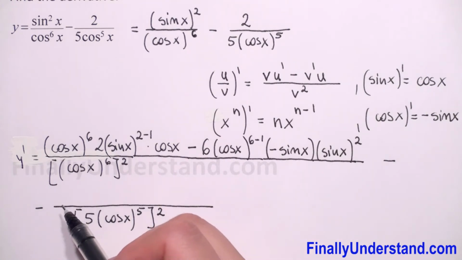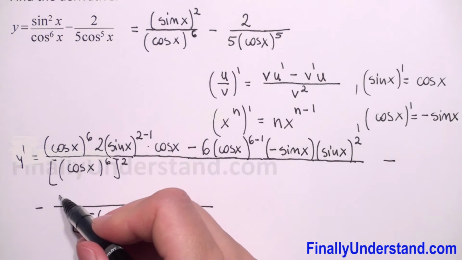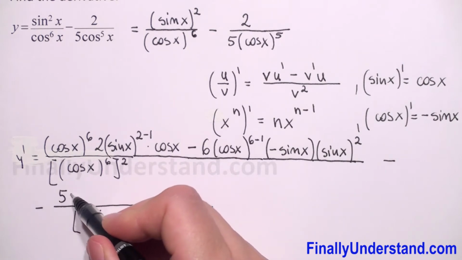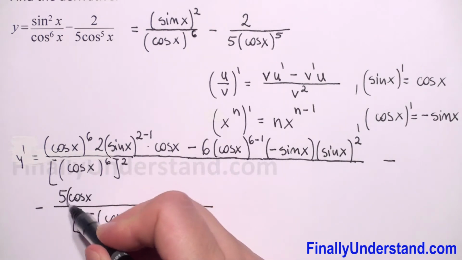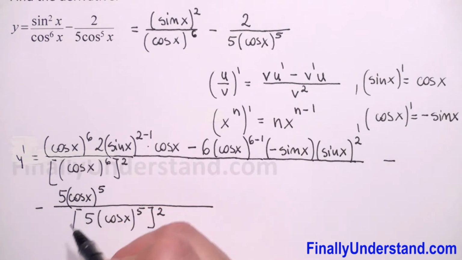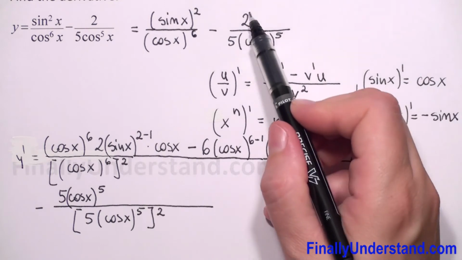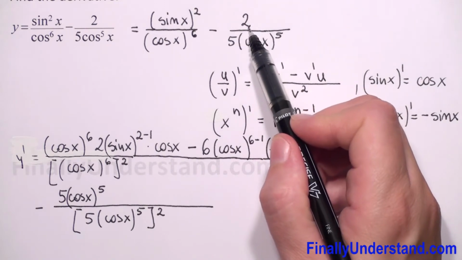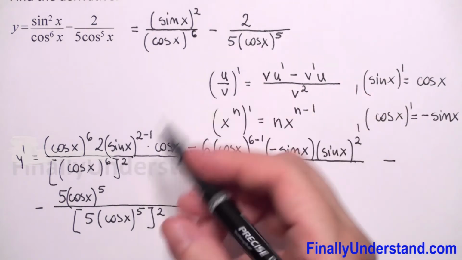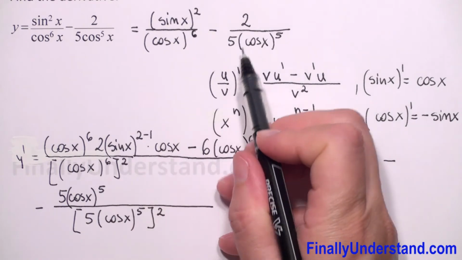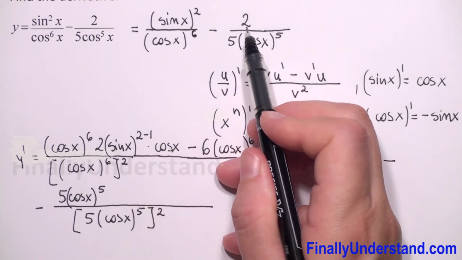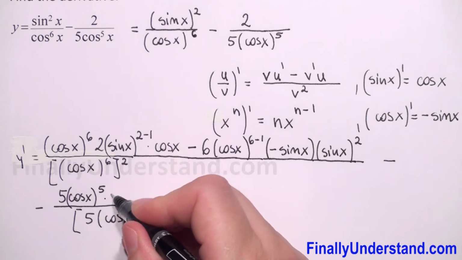And in the numerator, we have first 5 times cosine of x to power 5 times u prime. It means we have to find the derivative of our numerator. The numerator is 2. So we have times the derivative of a constant, which is 0. So we have times 0